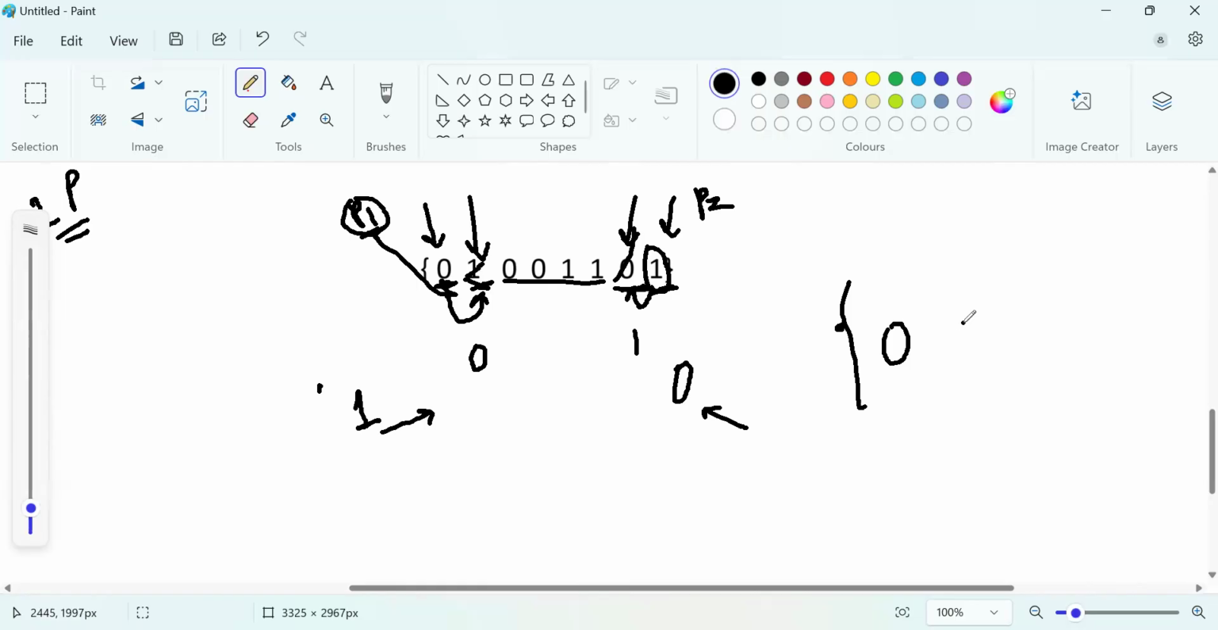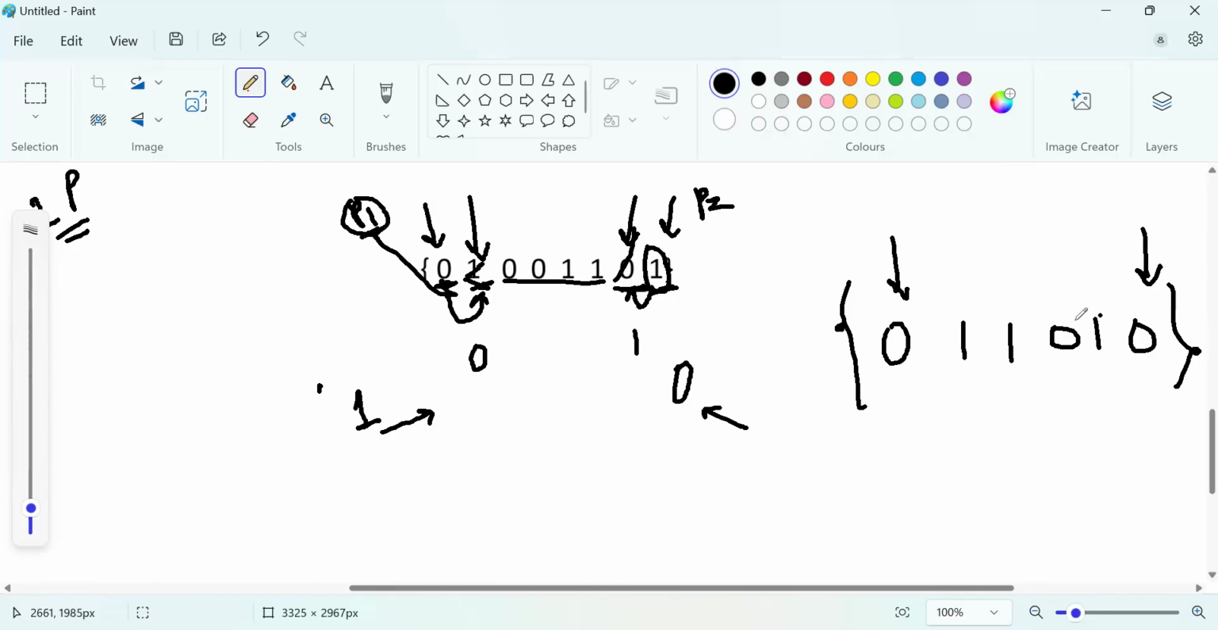So 0, 1, 1, 0, 1, 0. Okay. Now, what we will do is place two pointers, one at the beginning and one at the end. Okay. Now, after placing two pointers,